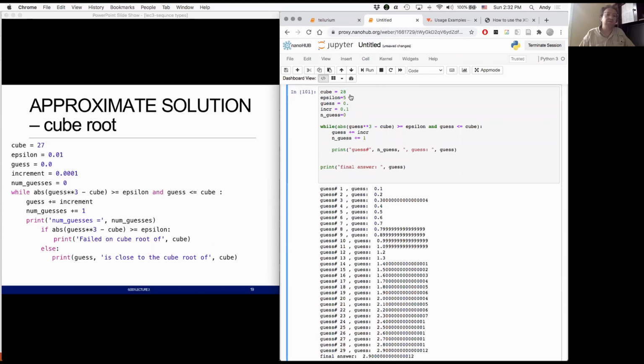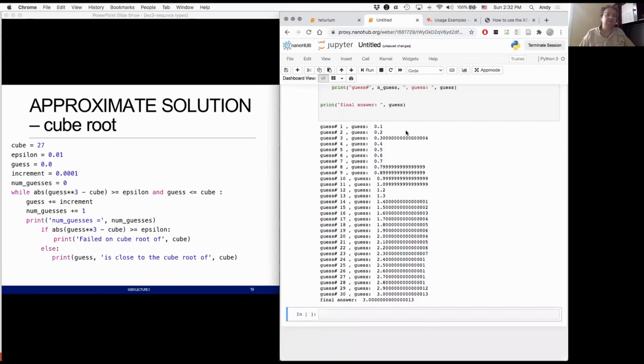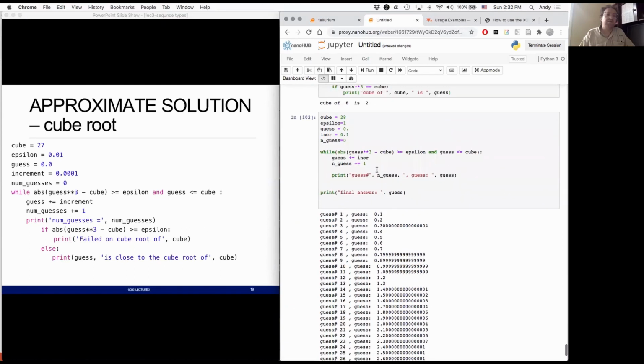So if I make my epsilon smaller, that means it should give me a more accurate answer, right? I'll make my epsilon 1. Okay, so this one, we need to overstep it. It still did about 30 guesses, but it zeroed in on a closer answer. But what I'm limited by here is really my increment. If I make my increment smaller,